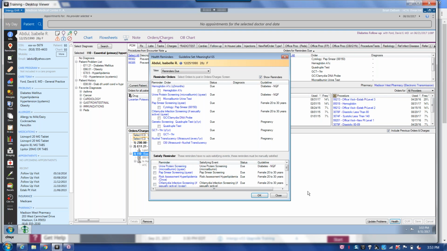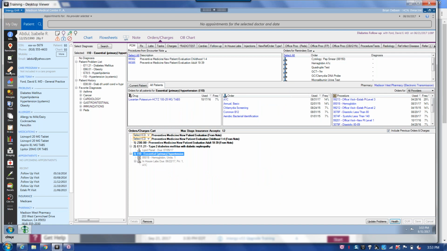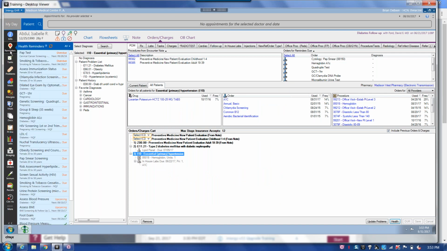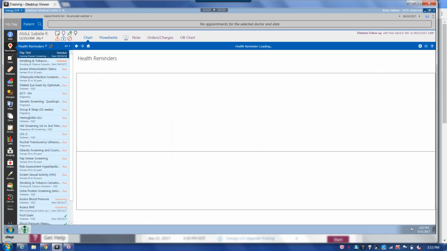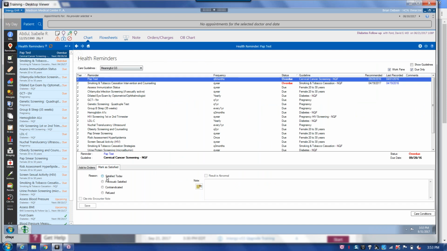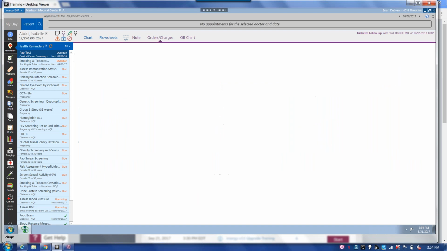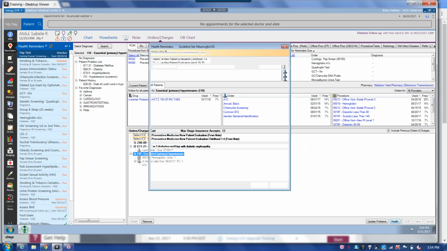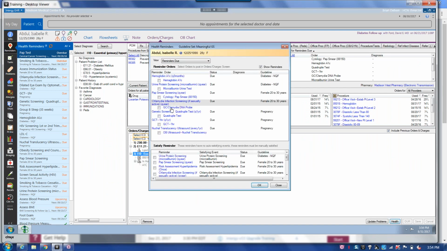We do not modify anything manually. This, by the way, is the same thing as going into reminders, just like I'm doing here, and saying that this is being satisfied today, okay? You actually are supposed to be leveraging the forms that are designed to satisfy the reminder automatically, okay? So just in case you wondered what the health tab was for, it's basically that, to order for reminders that are due as well as satisfy reminders,